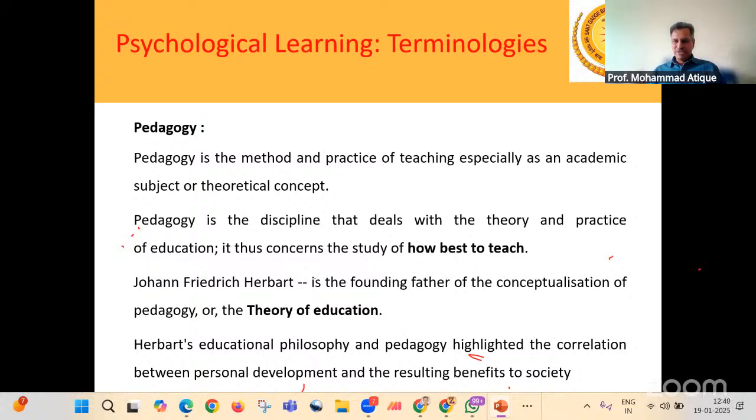And what is the objective? As I have posed this question as well, the basic underlying philosophy of adopting a particular pedagogy is how best to teach. So what is the ultimate aim? That is how best you can explain that particular subject in a classroom environment, right? Because our aim is to deliver in the best possible way so that the student can digest it.